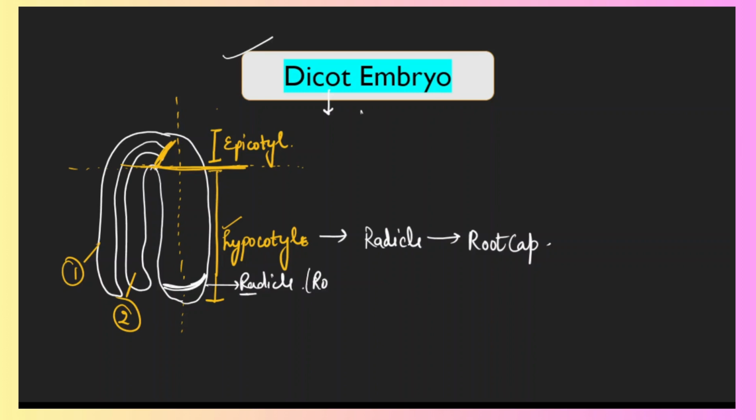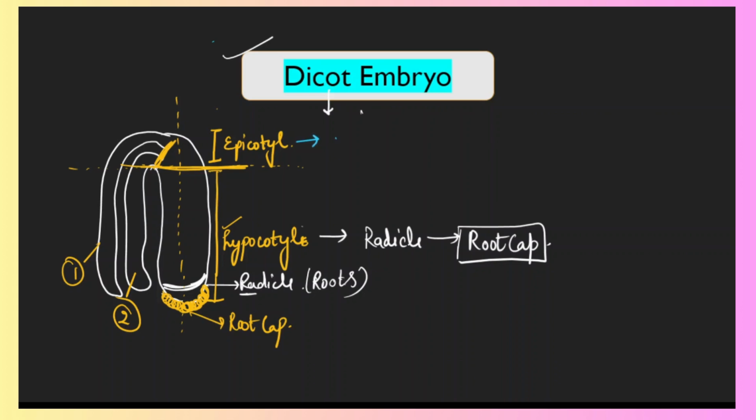R for radicle, R for roots, and the roots are covered by the root cap. This is the root cap. Okay, so hypocotyle will form the radicle, and radicle will form the roots, and the covering of the root is called the root cap. Now, if we see the epicotyle part, which is above the level of the cotyledon,